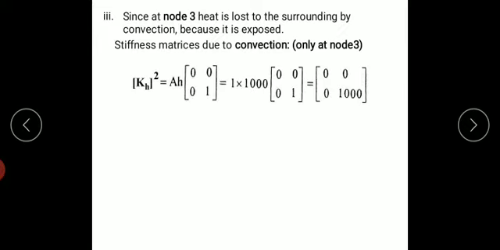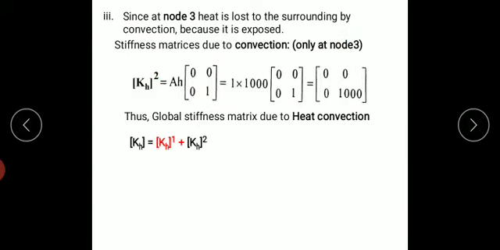Okay, fine. So here I have a stiffness formula for the heat convection, Kh2. What is this 2? It is for the second element and at node 3. That is the reason why I have only one value here, [0 0; 0 1]. It indicates that at node 2 I don't have anything, and at node 3 I have convection. That is the reason why at diagonal 2 comma 2 I have a 1 value. So it is A h times [0 0; 0 1]. A I know, h I know. What is h? The convection heat transfer coefficient. If I substitute, I get this value.